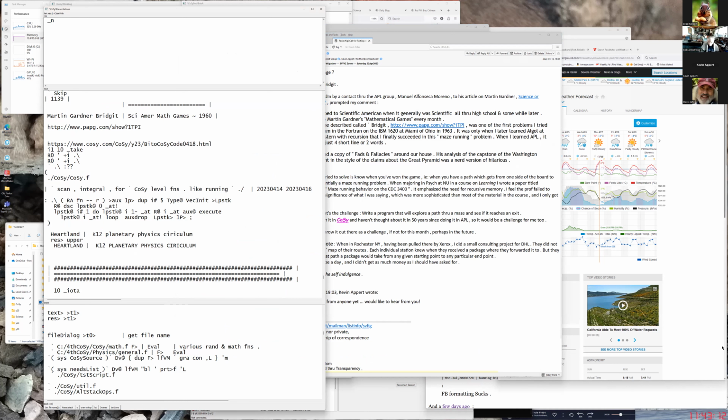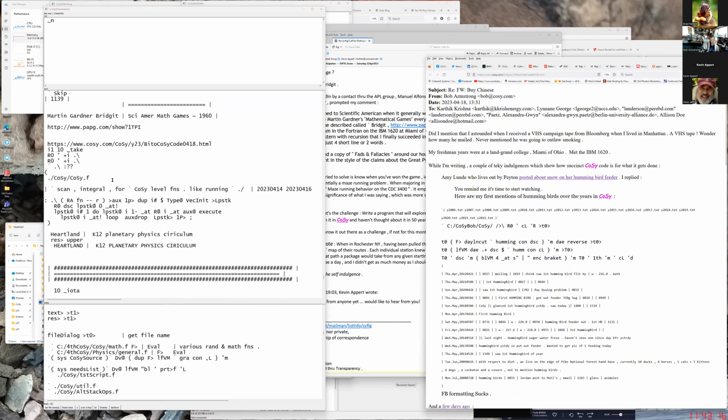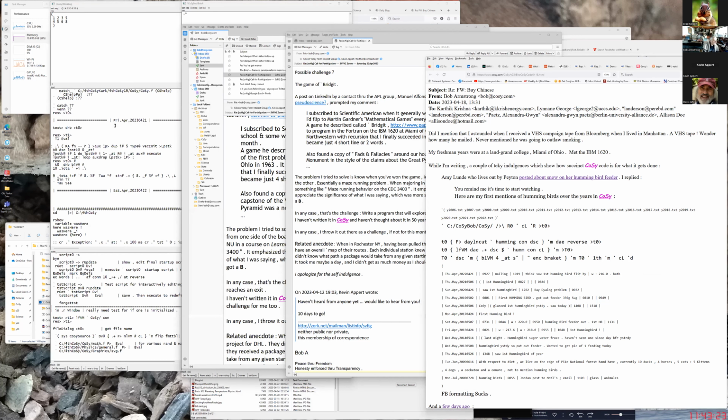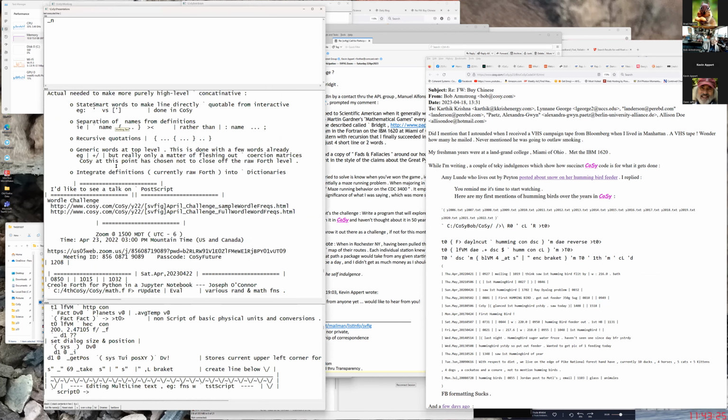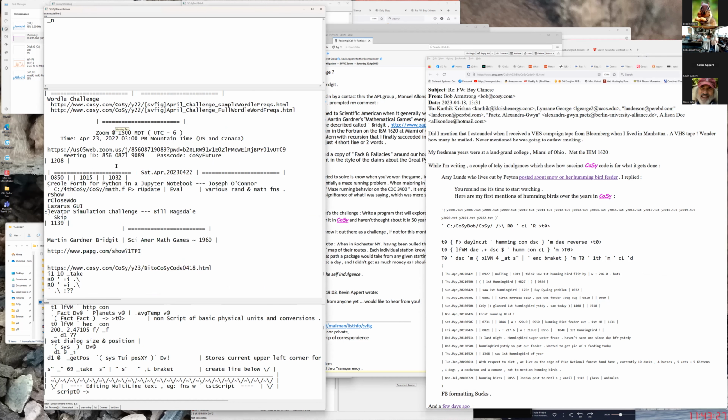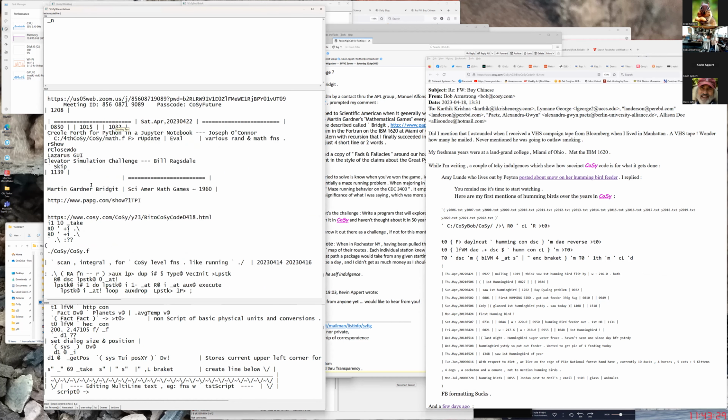Let me pull it up in this window here. This description of the rules, which for some reason, I don't know whether I hit a wrong key or what, but let me,